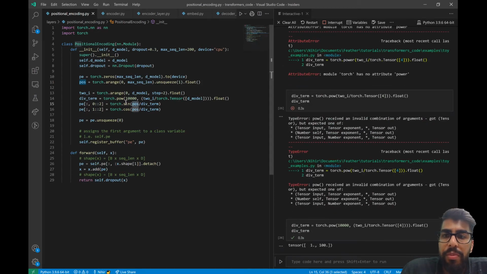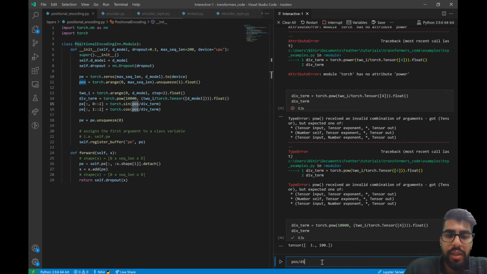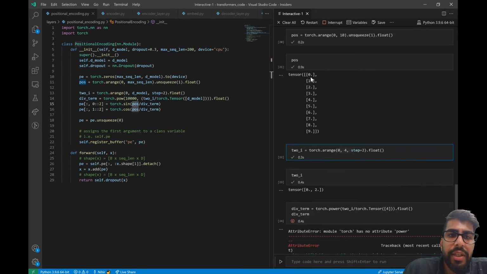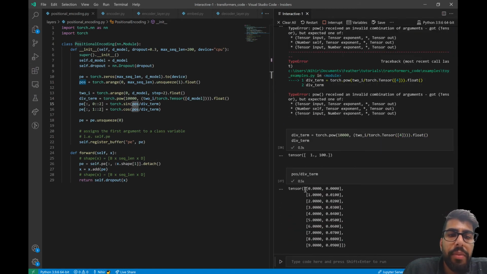And then we're going to perform a sine operation on top of it. Okay, so let's just look at the pos by div term first of all. We have a two-dimensional list, and we'll take this pos list and firstly divide the number by 1. So 0 divided by 1 is 0, 1 divided by 1 is 1, 2 divided by 1 is 2, and so forth. And then we'll divide it by the second thing in the div term,